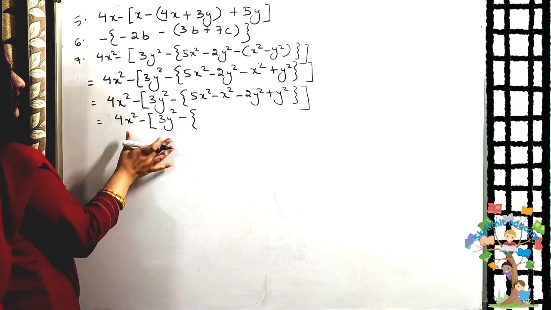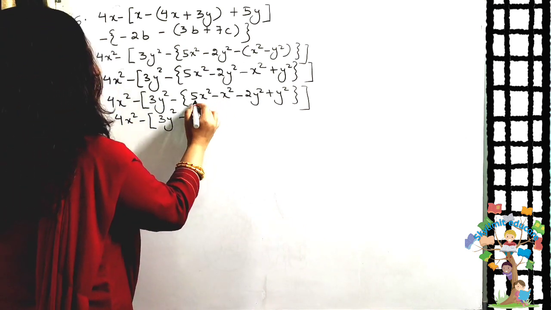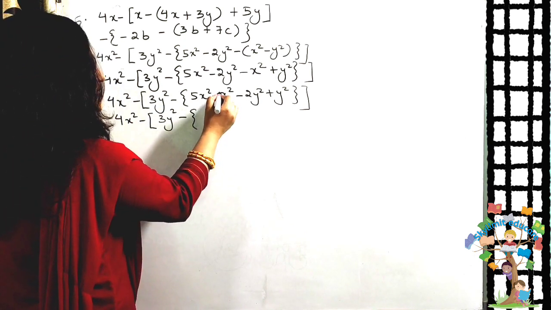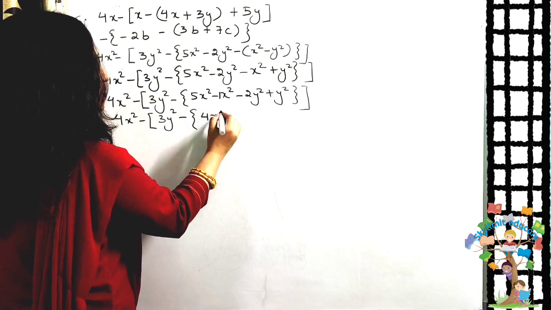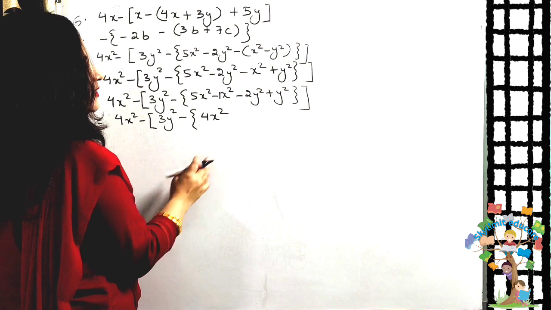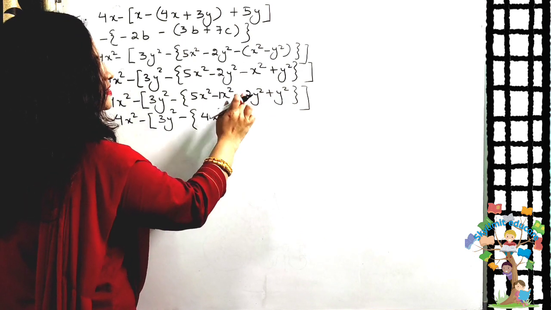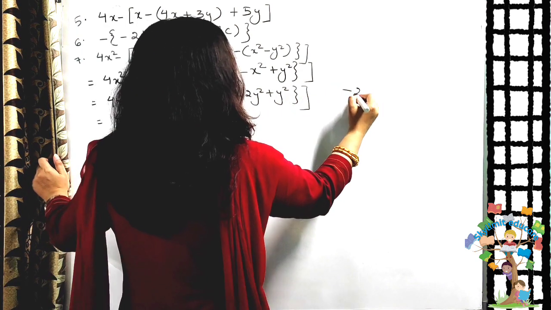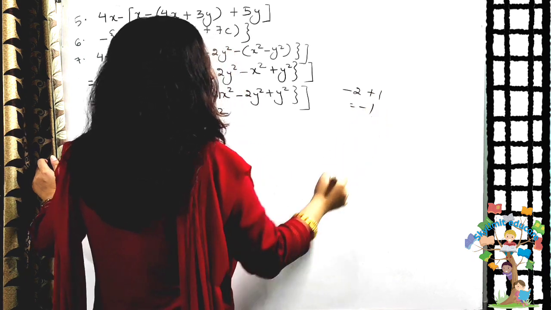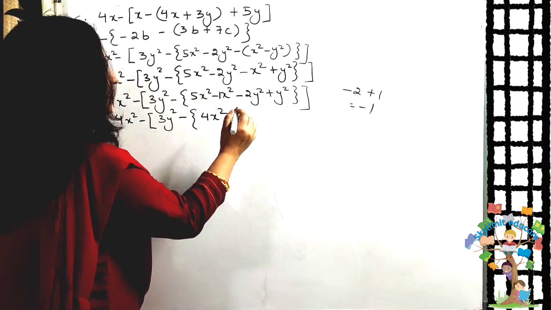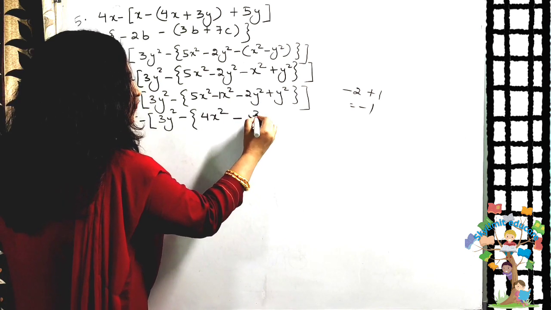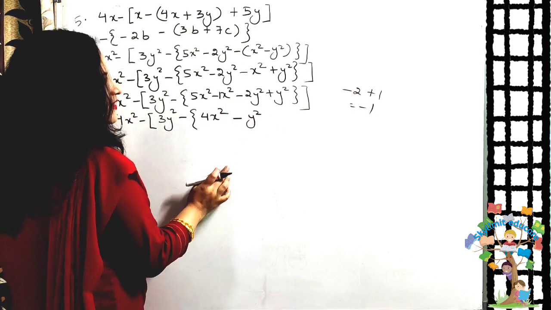I just copied down everything. Now just these two are like terms. So 5 minus, nothing is there. What is there? 1. So 5 minus 1 will give me how much? 4. And what is the literal coefficient? X square. Simple. Now what is this? These two are like terms. This is minus 2. And this is plus 1. The answer will be minus 1. So we don't write 1. But the minus sign is important. We will write the minus sign. And the literal coefficient. It automatically means that it is minus 1y square.